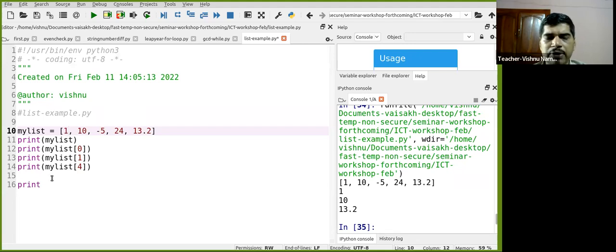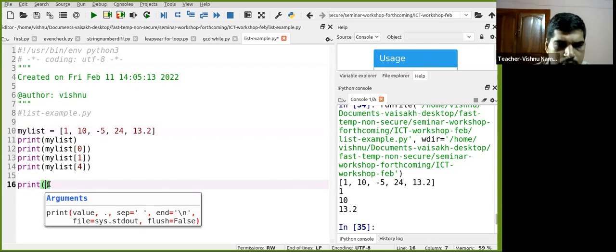Length of this list is 5, but you cannot print the last element using my list 5. So if you want to print the last one, then you should use length of this list minus 1. That will be the last one. I'm sure. Len, LEN, not length, LEN. My list,